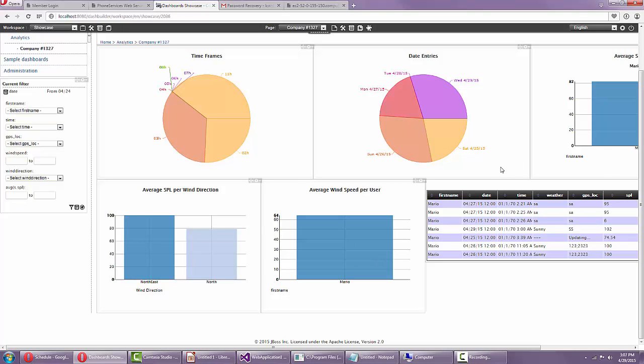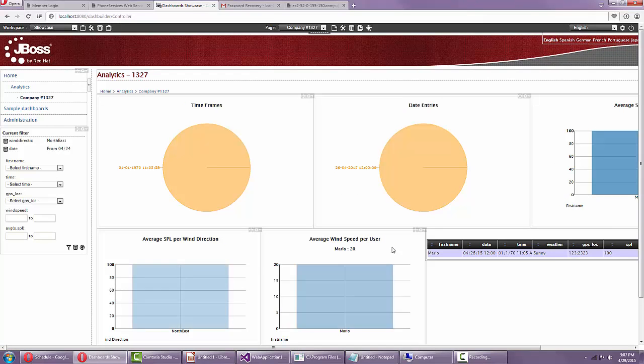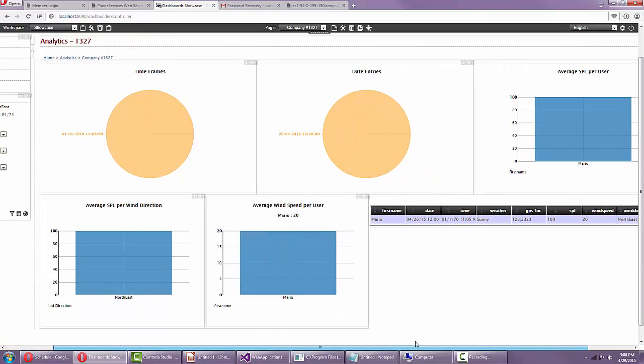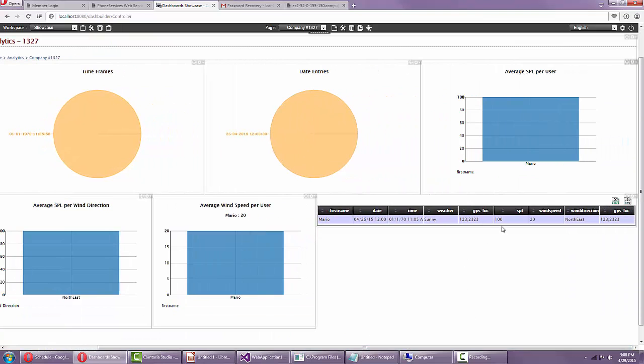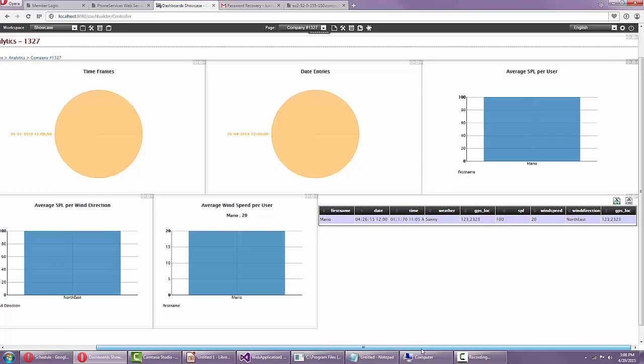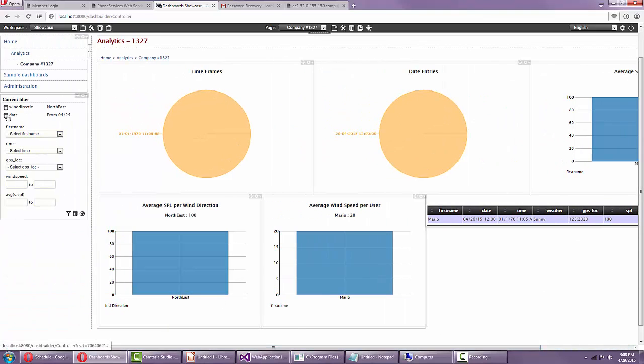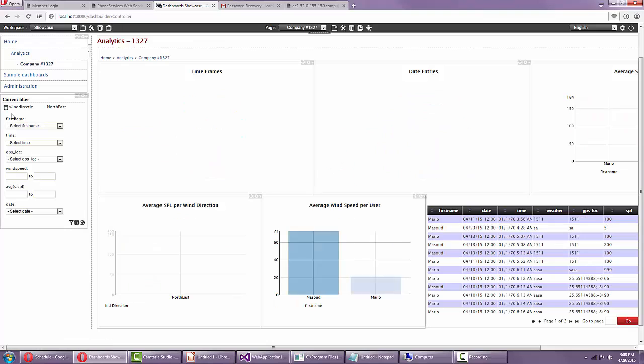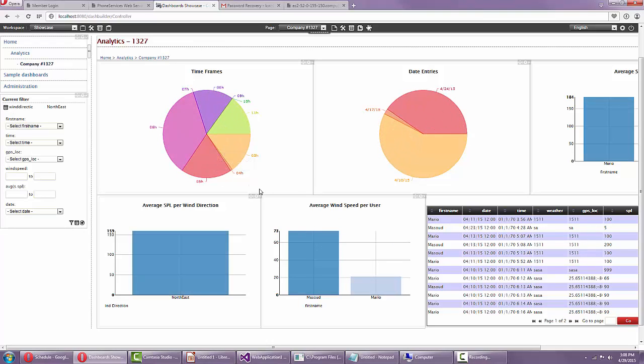Let's say that now you only wanted to see information about Northeast. You can do so by clicking on Northeast. Now we only see information about Northeast, which in this case is only one entry. Let's say that you want to remove this information. You don't want the date, you only want information about Northeast. And now you only want information that